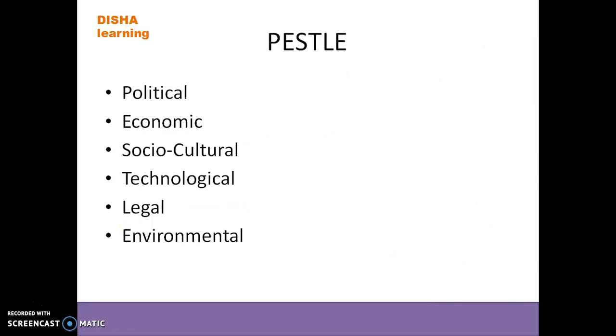So for Mike to come out with a strategy, he needs to look at different aspects in the environment right now. He needs to look at the political, economic, socio-cultural, technological, legal, and environmental factors that surround his business. So wherever he is, if he is in the United States or Europe or Asia or somewhere in the Middle East, he needs to look at the specific PESTLE factors, political, economic, socio-cultural, technological, legal, and environmental, that are going to affect his business.